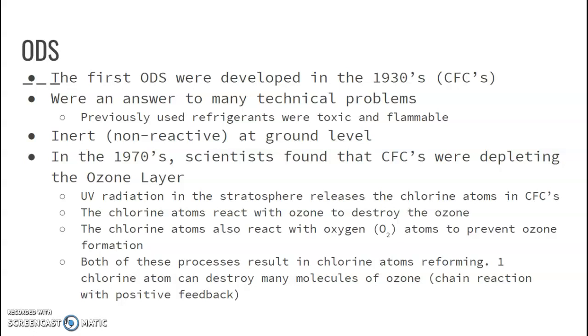ODSs, when they were developed, were non-reactive, so they weren't flammable. They were inert, not toxic, at ground level. It took over 40 years to figure out that the CFCs were reacting in the stratosphere. So in the 1970s, when this research came out about the ozone layer,